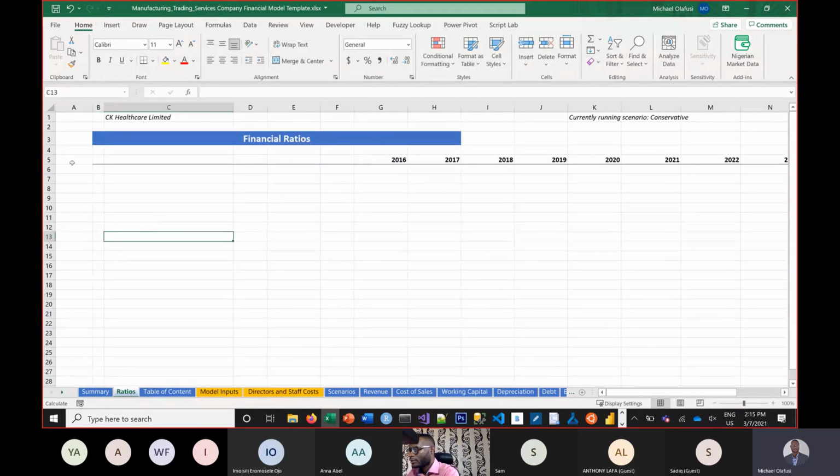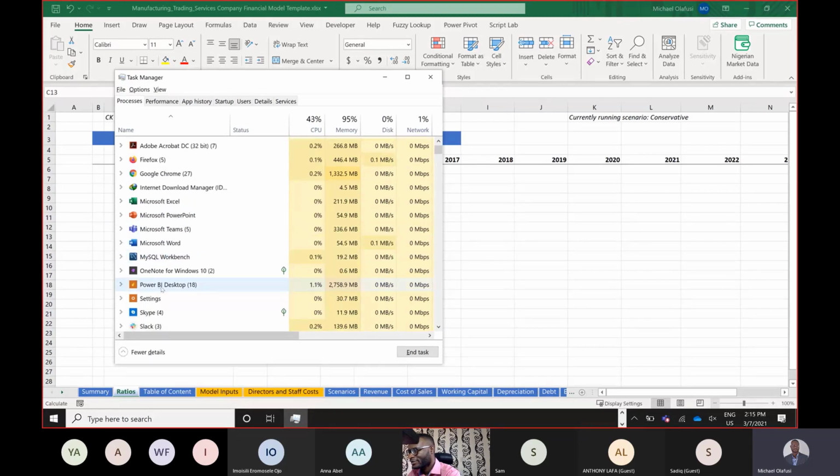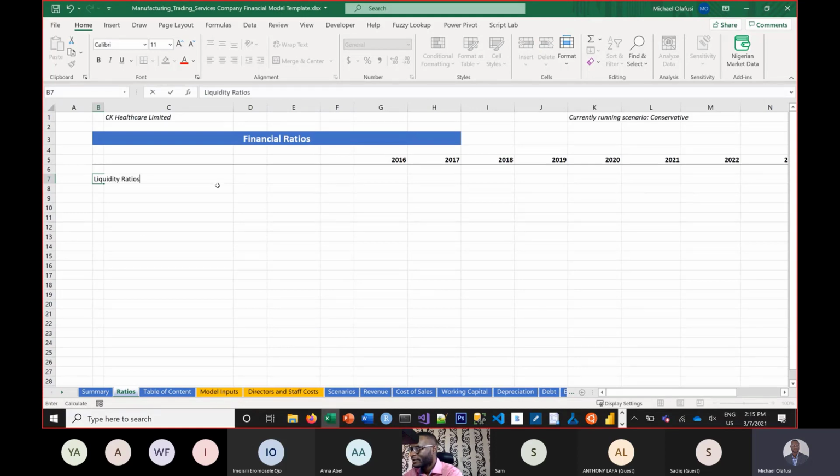Just so that I don't get into problems, let me close all the things you're not supposed to see. I just hope I've saved whatever I've done there. All right, so let's start with the liquidity ratios, the computation for liquidity ratios. Based on the explanation I've given, there is the current ratio,